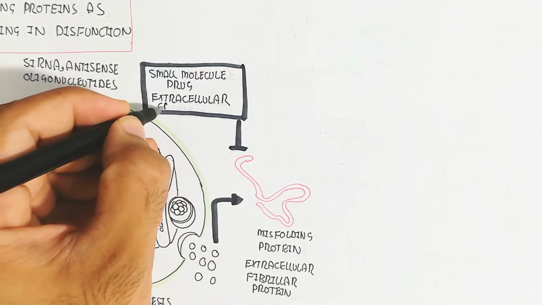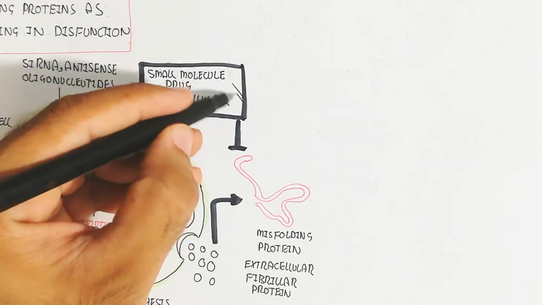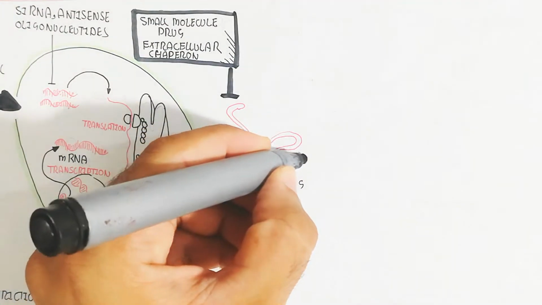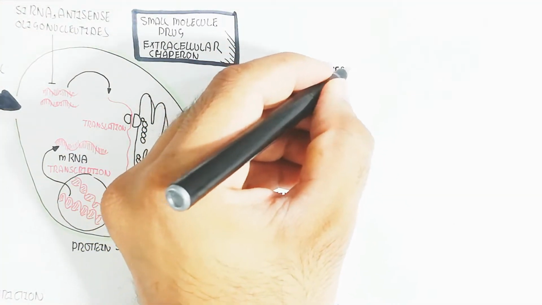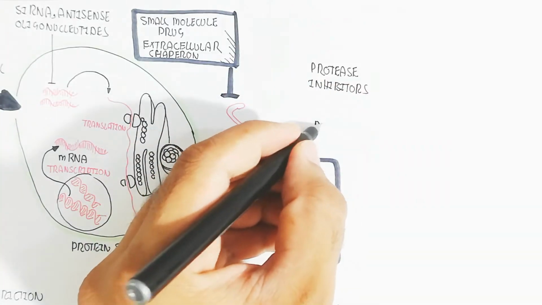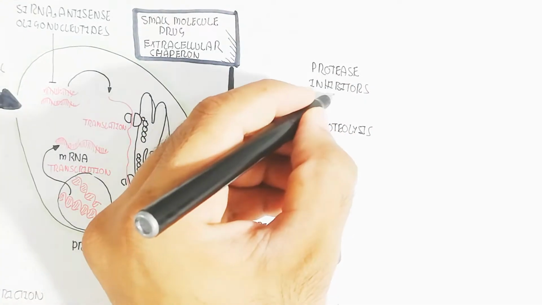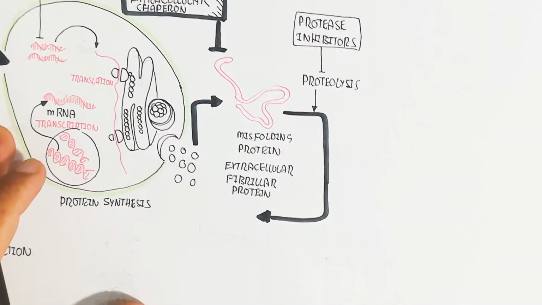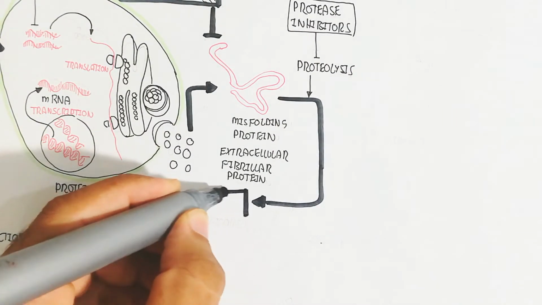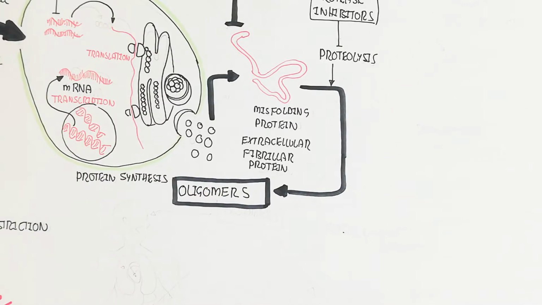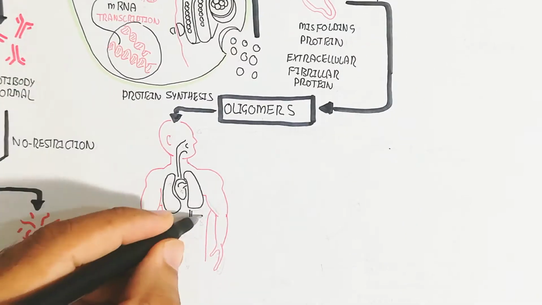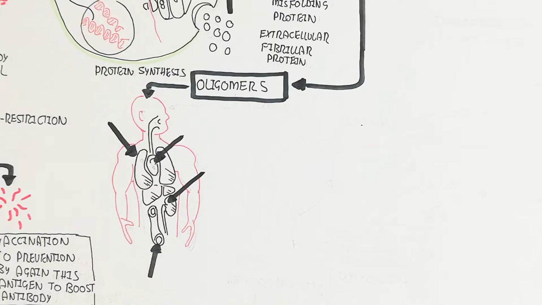So remember, this is the small molecular drug extracellular chaperone, which can inhibit this misfolding protein, but when it does not inhibit, proteolysis will occur. After the proteolysis produces oligomers, the protease inhibitors can inhibit this formation of oligomers. These oligomers will convert with the glycosaminoglycans, and these oligomers will target different tissues